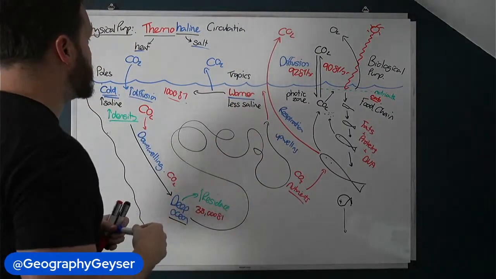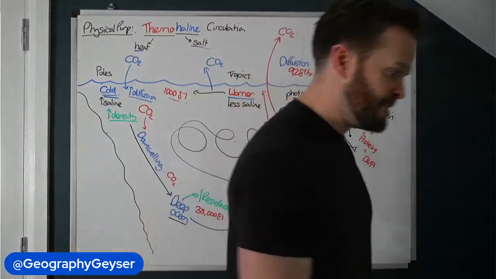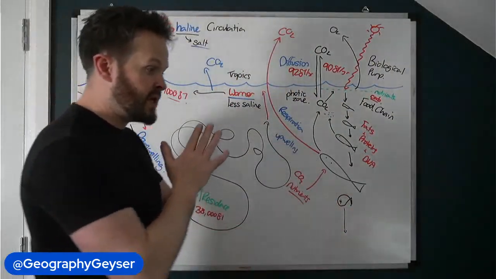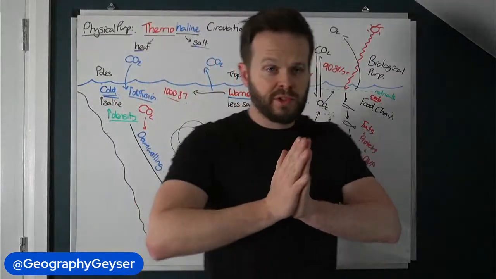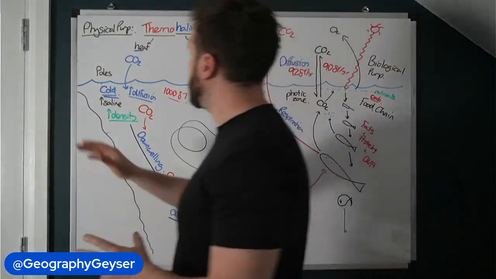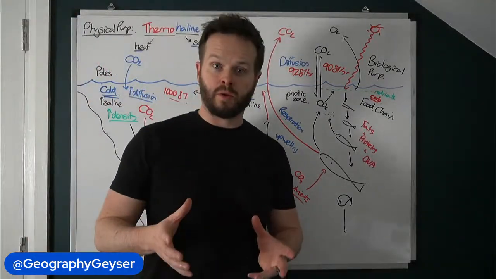So once again, we're maintaining that balance within the system. Yeah, so that's the oceans. Fast biological cycle in the oceans. You've got to know your three pumps. You've got the biological over here where it's moving through the food chain. You've got the carbonate, which is part of the slow geological cycle. So you know about that.